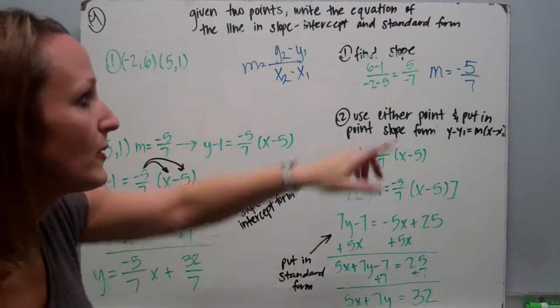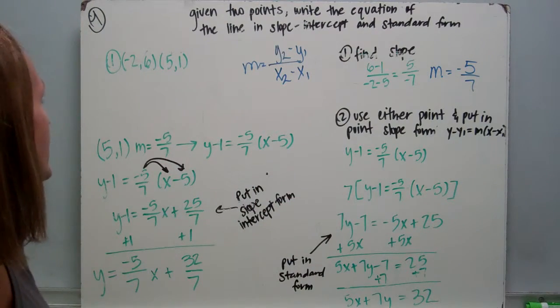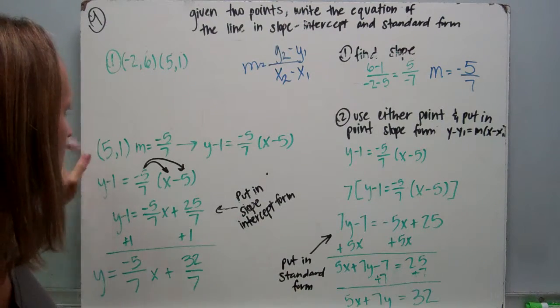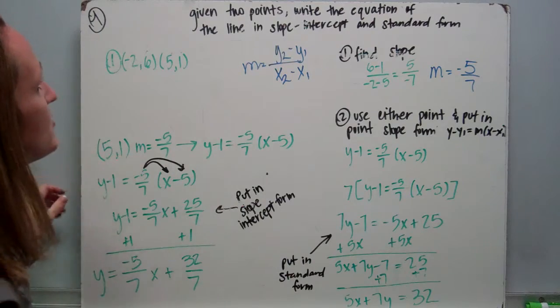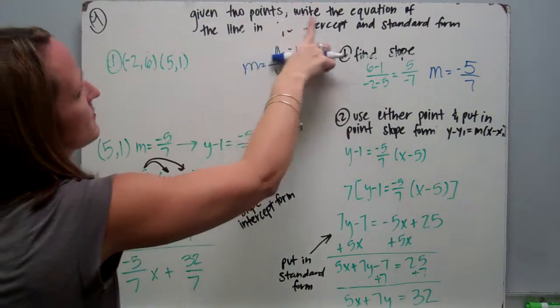Remember that we do rise over run. So if we put it up top, it tells us that we go down 5 and then over 7 to the right. Then we can pick either point. I chose 5, 1, and our slope is negative 5/7. So if we're going to put this into point slope form,